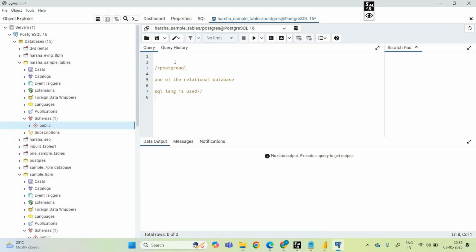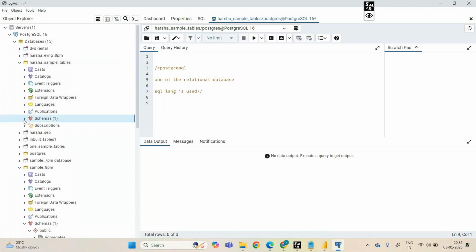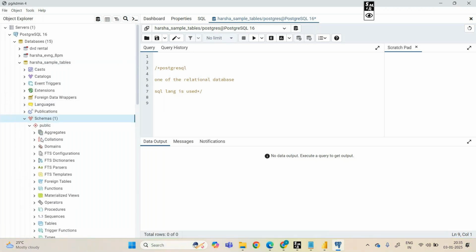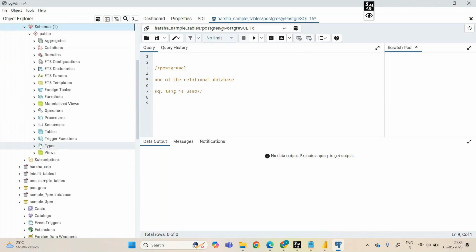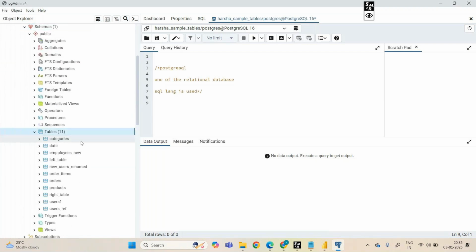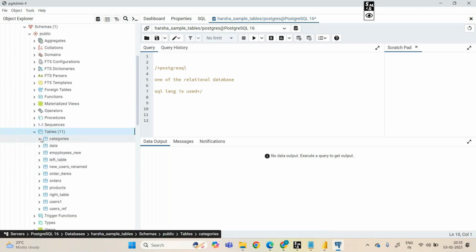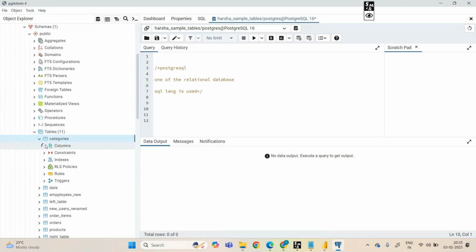Okay. Suppose I'm going with this particular Harsha sample tables, in the schemas part, in the tables part, just focus on this. Here the tables are there. In the categories table, you can see two columns.